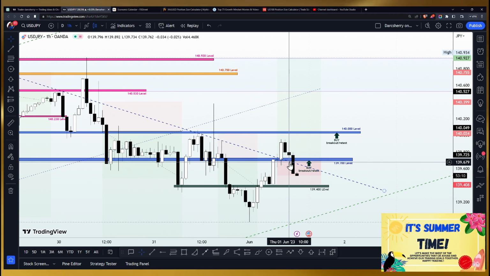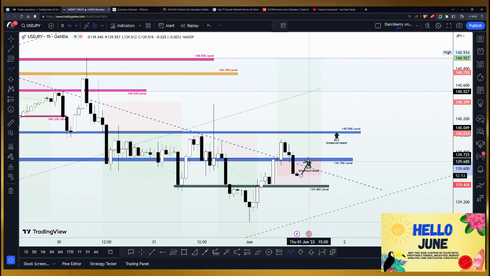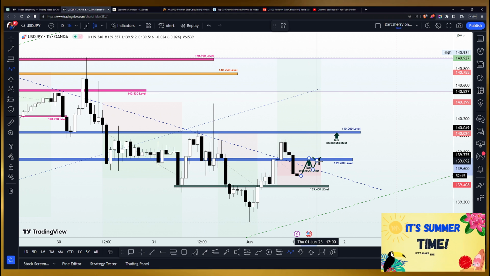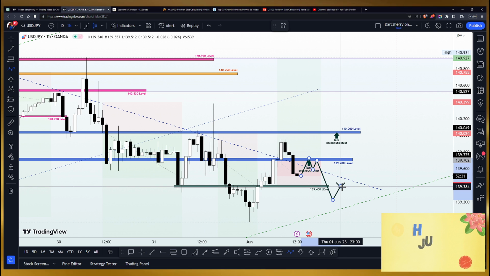So for those who had missed out on the breakdown of the 139.700 just like me, we want to remain patient and wait for structures to mature to give us another opportunity to be part of a trend continuation to the downside. So I would want to see something like a retest of the structure, retest of the trend line, or the 139.700, and continued selling pressure on my lower time frame to give me the opportunity to join a bearish move. And if a further breakdown of the 139.400 happens, with continued selling pressure below the structure on my lower time frame, we'll look out for more opportunity.